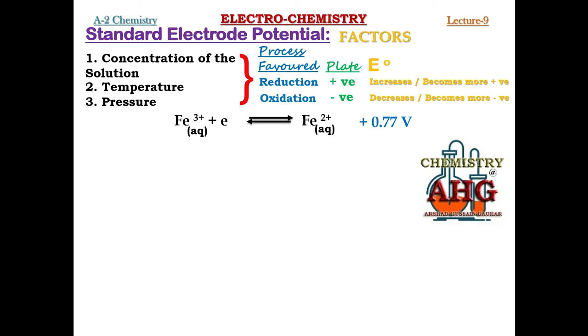So this is what you are supposed to write down in your exams whenever the effect of increasing or decreasing the concentration of a solution is asked. Likewise, if you look at the next example, this is the half cell of copper. You can see copper in the solution form, it is an ion. In the electrode, copper is the solid and its electrode potential is positive 0.34 volt.